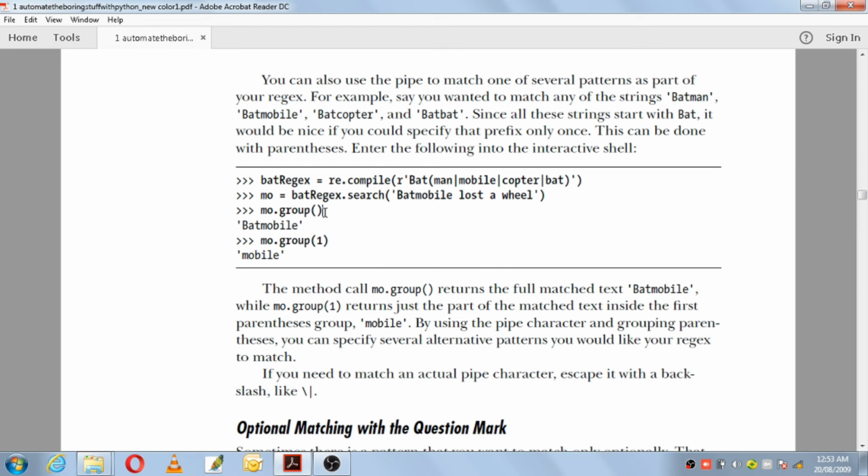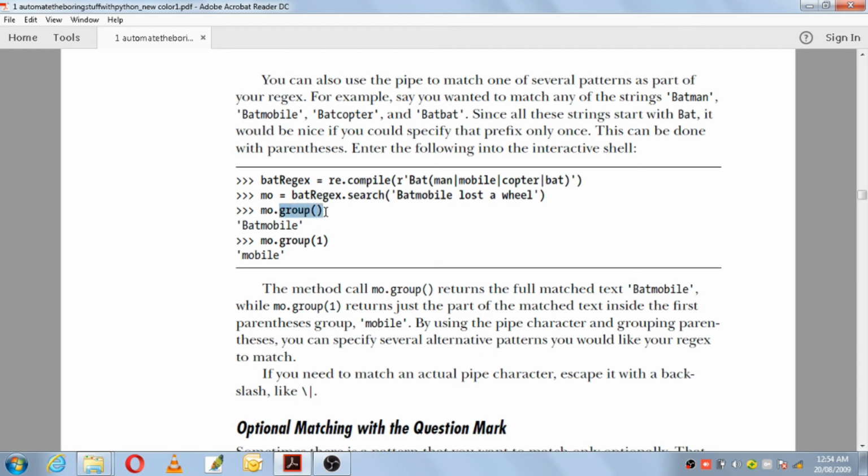Next, what will happen is bat regex dot search. What they have given is Batmobile lost a wheel. So it will match the second option in the group, that is Batmobile. That matching text is returned in which object here? A match object. Then the match object calls another method called group.